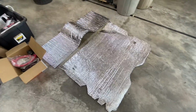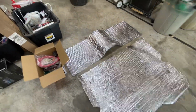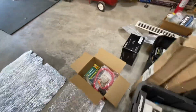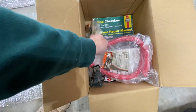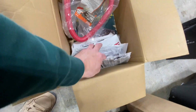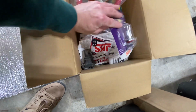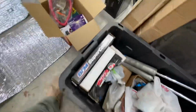This is just some insulation I had in the rear seat and in the cargo area that I just cut to try to keep the air conditioning inside the vehicle as much as possible when the kids were with me. Haynes repair manual. These are the check valves, some extra conduit. These are a lot of receipts from the parts that I've ordered, some of the work I've done. I have tons of extra light bulbs, trailer hitch,